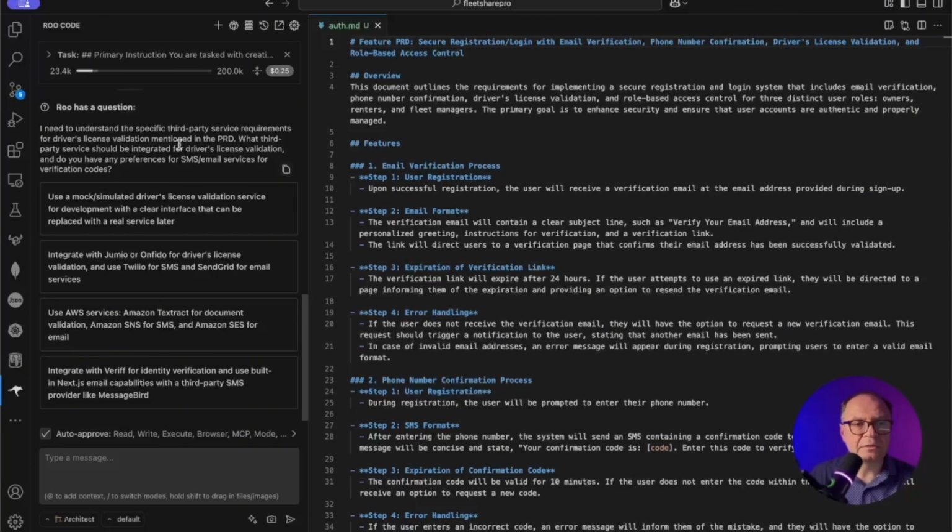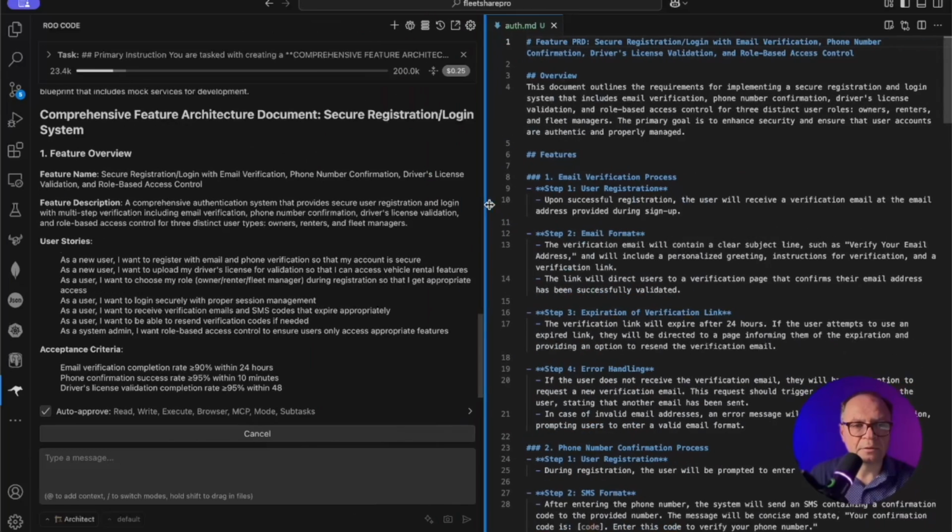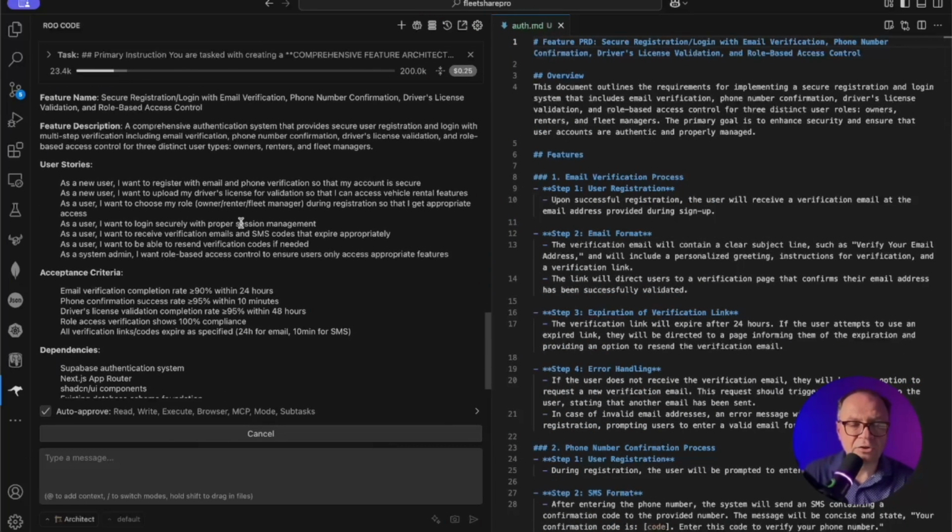I need to understand the specific third-party service in the PRD. And in this case, the options are: use a mock simulated driver license validation, integrate with Jumio or Onfido's driver's license, use AWS services, or integrate with Veriff. For now, let's just pick a mock simulated driver's license validation service for development. And now Roo Code will start creating the architecture document